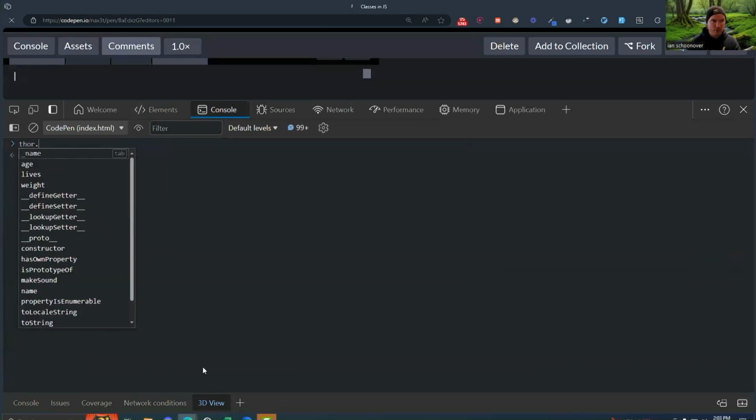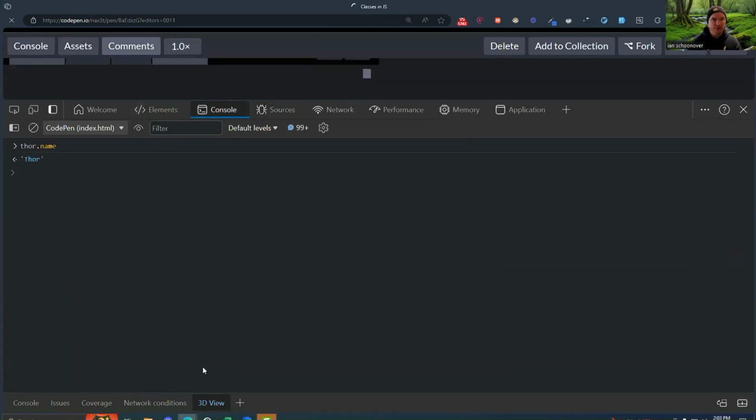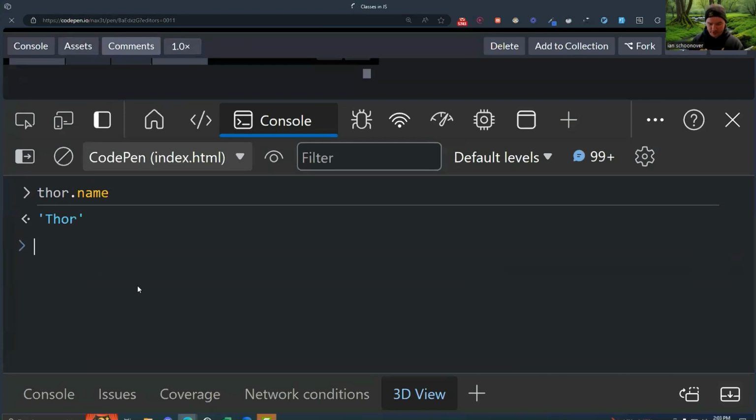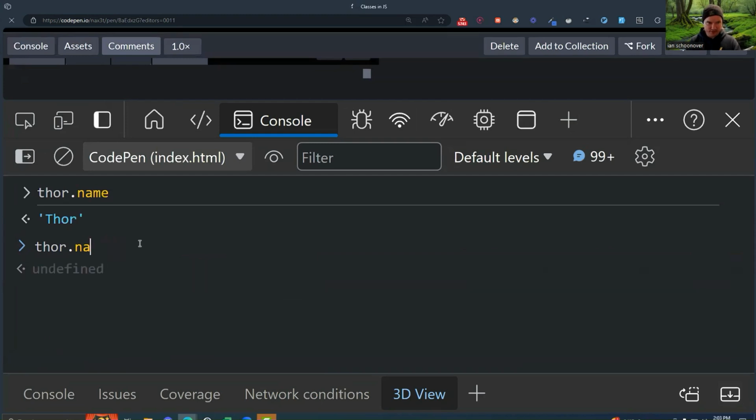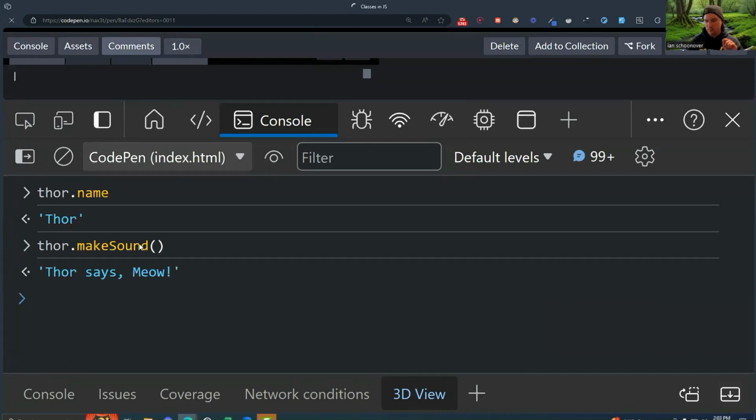So now let's go over to the console and play around. So if we say Thor.name, here's what I wanted to show you all: you would think, oh, the getter is a function, right? It's a method. So therefore, once you say Thor.name like this, it gives you this type error, Thor.name is not a function at eval. The answer is no, because when you use the get and set keywords, that is different to when you define a method like make sound,